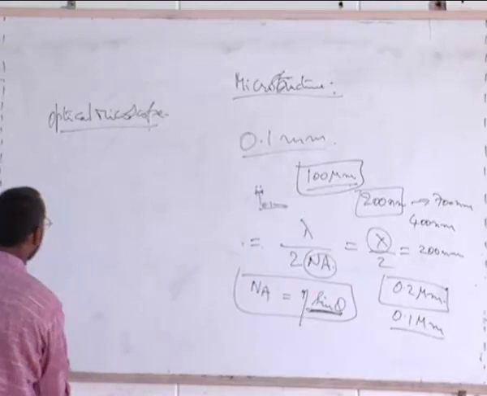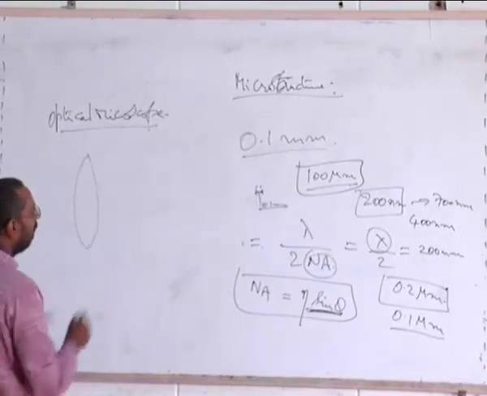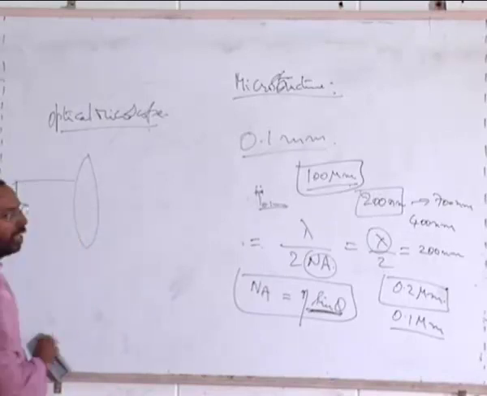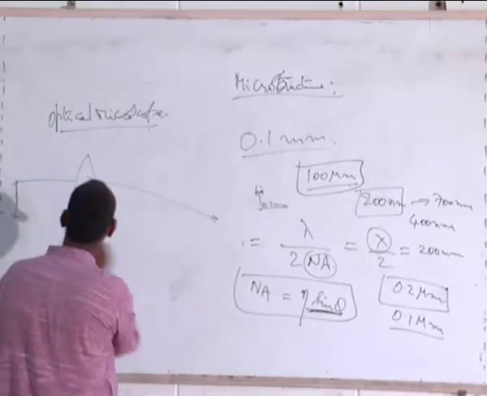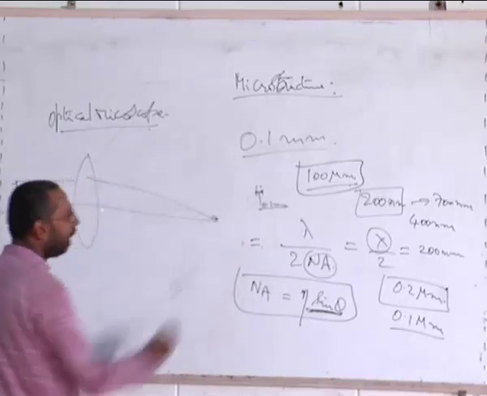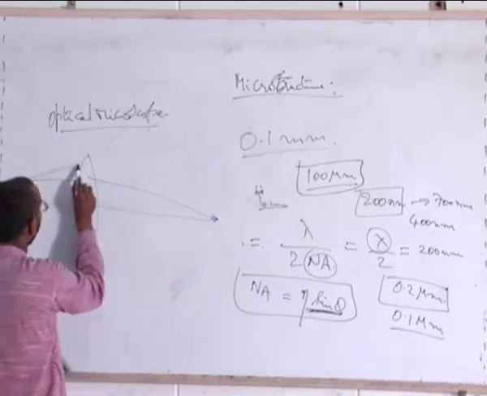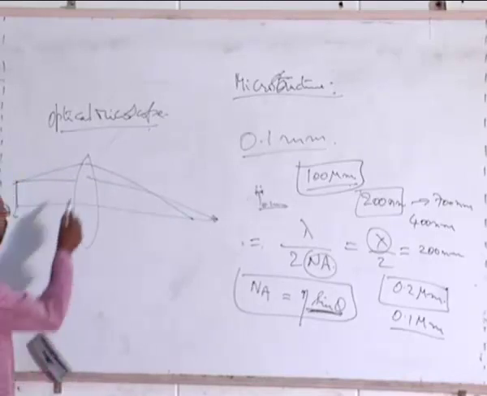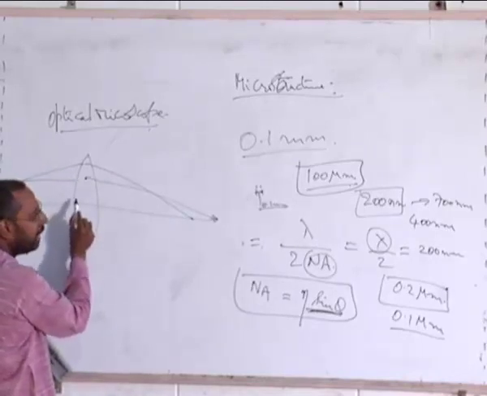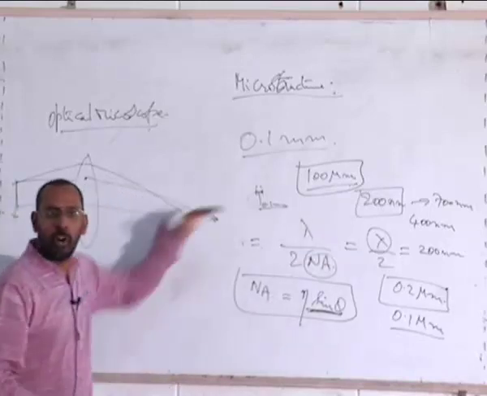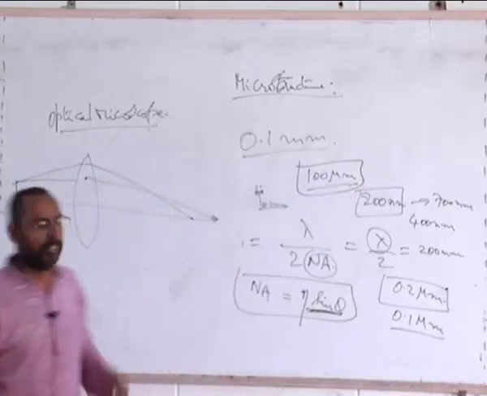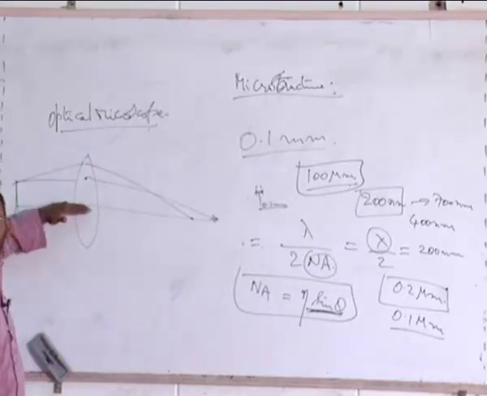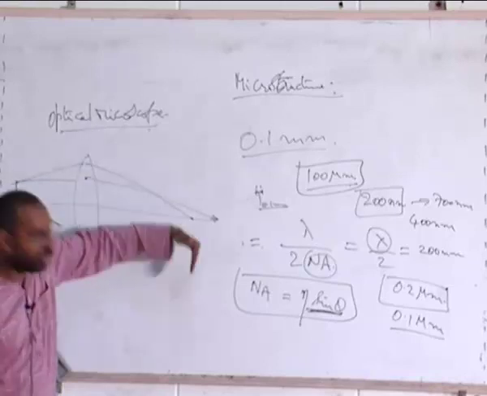So spherical aberration is this: when you have a lens and you have an object from which the light is falling, this light, when it falls onto an optical path at a particular distance, depending on where it is coming from, gets refracted into different positions. The ray going nearer to the central region gets focused onto a point which is farther. The ray that is refracted from farther from the center of the lens gets refracted to a shorter distance.